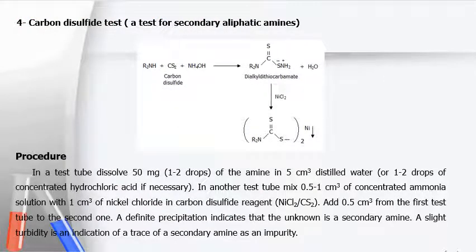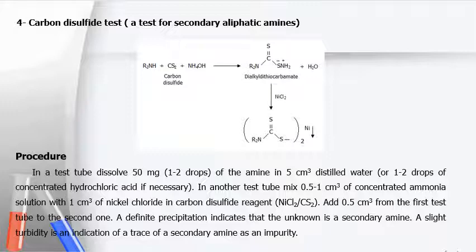Well, this is the fourth test, which is the carbon disulfide test, a test for secondary aliphatic amine. When we write down R, it means an aliphatic amine or aliphatic molecule; when we write down AR, it is aromatic. So you have to be careful at this point. R is for aliphatic and AR is for aromatic. So we have R2NH, a secondary aliphatic amine, with CS2, which is carbon disulfide,